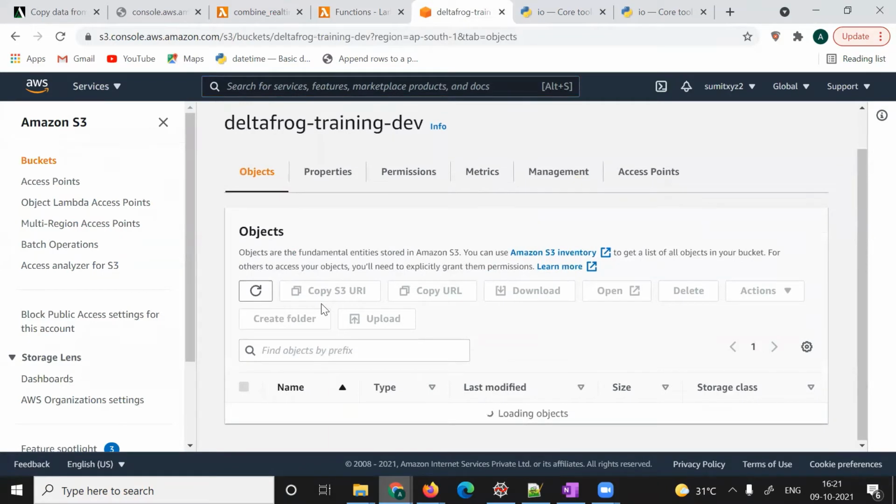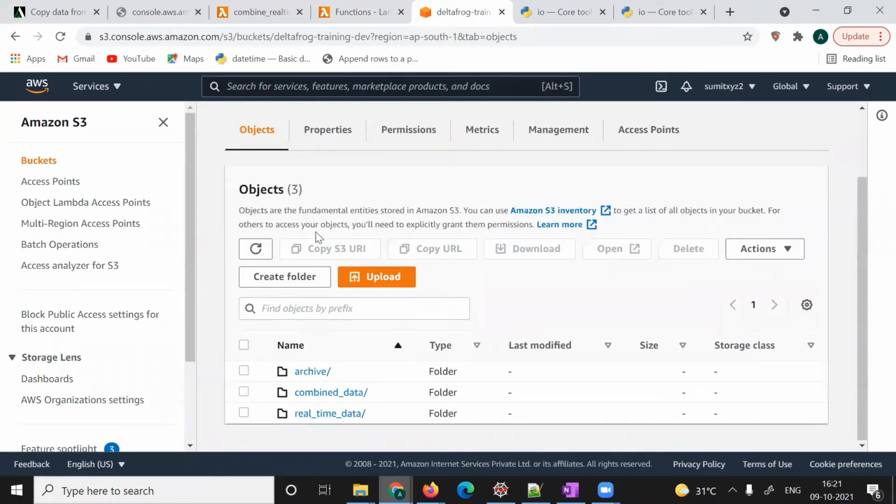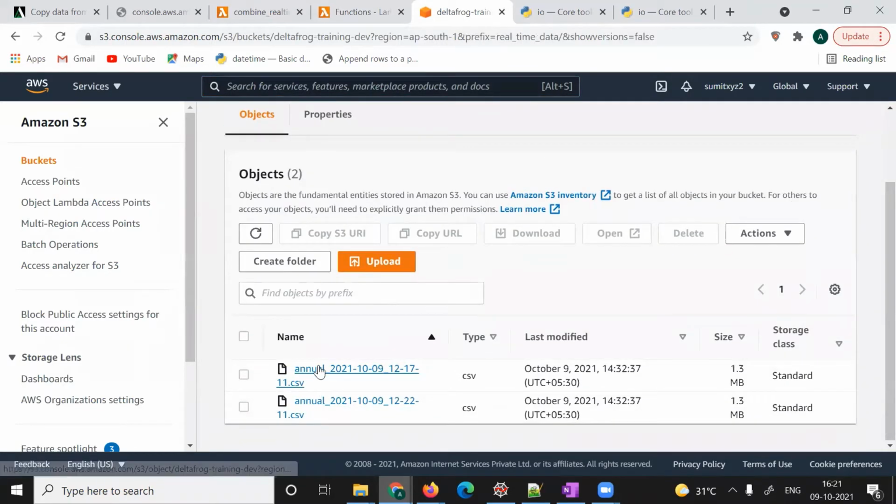You see there are 3 folders. One is real time, where you keep receiving data. Right now I have kept only 2 files, but you will always be receiving data from some sensor or some other real-time data source. This data is just 1-2 MB, so you don't want to trigger your job and run it for only one file. You will combine all the files into one file, and then insert that file into Redshift. This is the scenario.